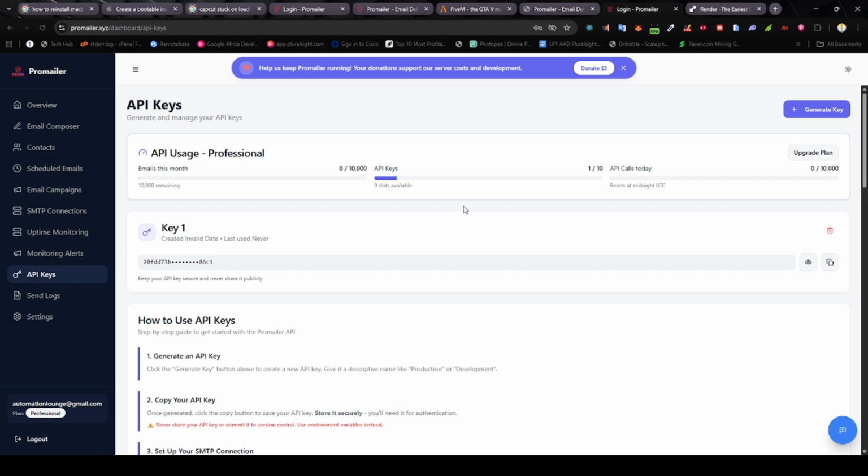Even on Render, you can send emails using the API approach. So that is just the easiest way you can send. Fix the issue of Render not allowing you to send mails on their server. This is the easiest way. So after you've done that,